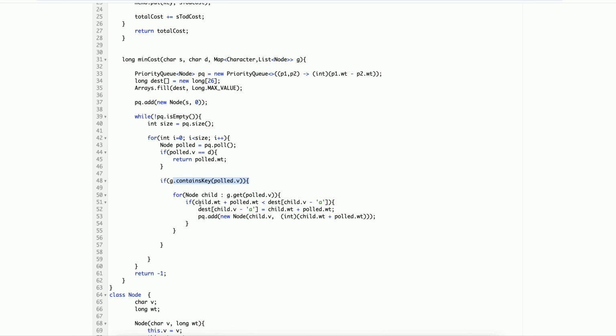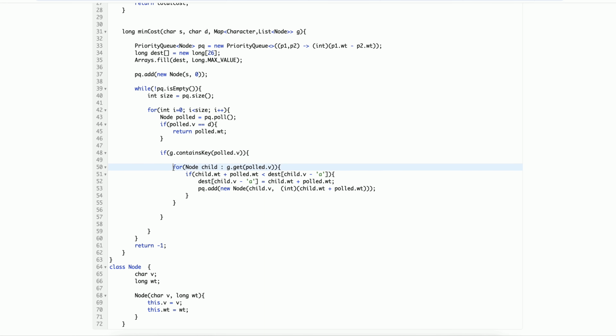What that means is, if that particular character can be changed to other characters, then we will change it to all those characters and push them into our priority queue. The priority queue will always poll the minimum cost character first, so we are ensured that we will get the shortest or minimum cost to change one character to another character.